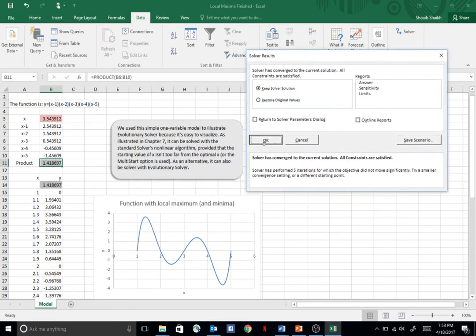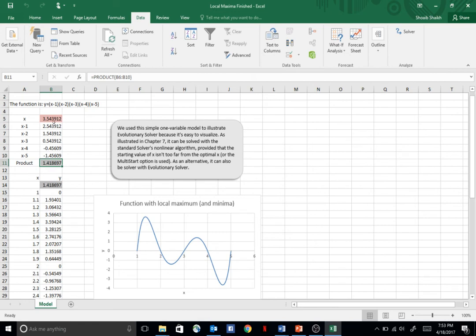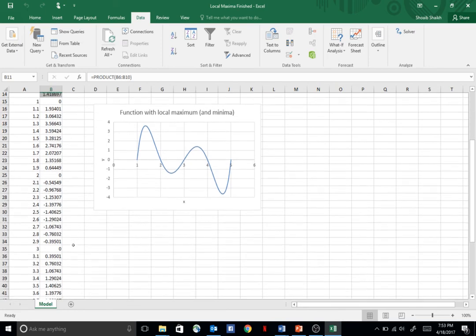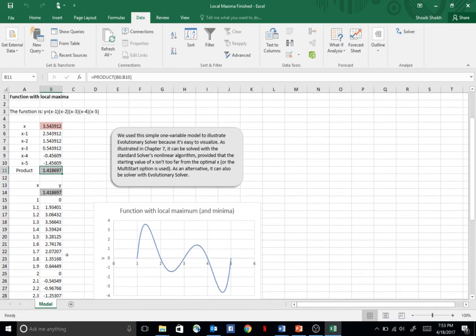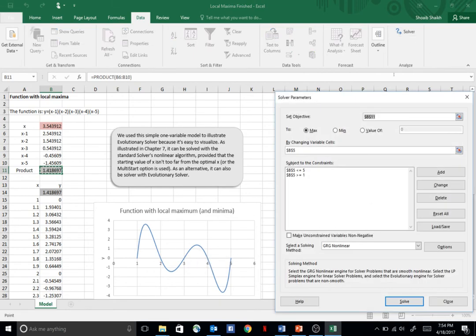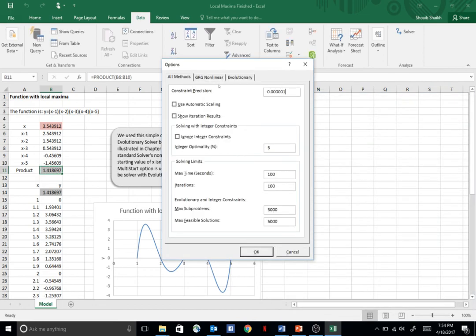If I hit OK here, what you'll see is the x value, the optimum solution that yielded, was 3.54, which is like this point right here along the x-axis. It determined that my optimal solution is where x is 3.54, which is right there. We can check down here and look at the sensitivity. Obviously the precision isn't on par with what we have here. So just looking at that, we know that's a local optima, but it's not the global optima. So what we can do is go back to Solver, go back to the options,